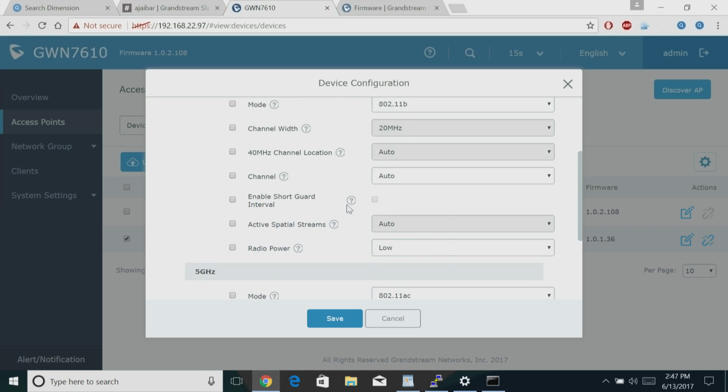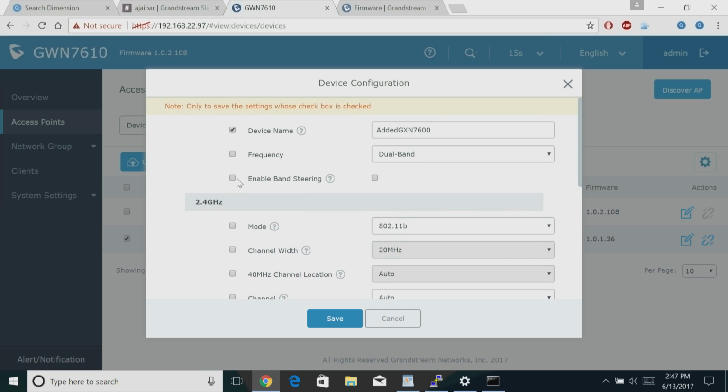Let me see if there is a band steering. Yeah, there's enabled band steering. You can read more about this feature. It's a great feature. So if it's configured, the system will automatically adjust the two bands for dual band terminal access radio. So basically, to summarize this,